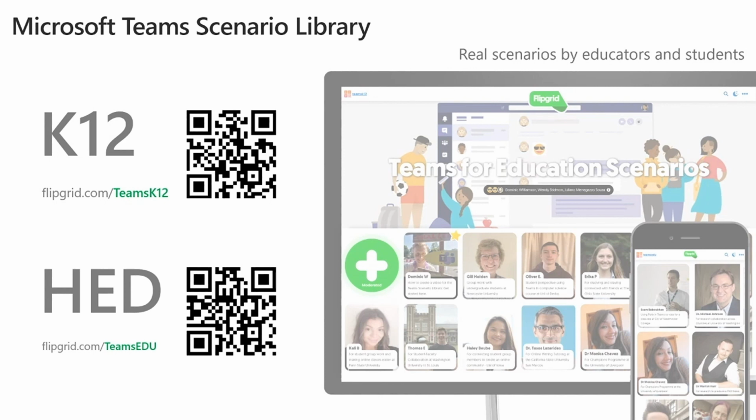So we're talking about short videos between 2, 3, 5 minutes, and they would just use Flipgrid to say, hey, this is the problem. This is why I'm using Teams to address my need here in this specific scenario. So very simple. So first of all, I encourage you to take a look. And second, I invite you to share your own story so your peers can learn from your challenges as well.